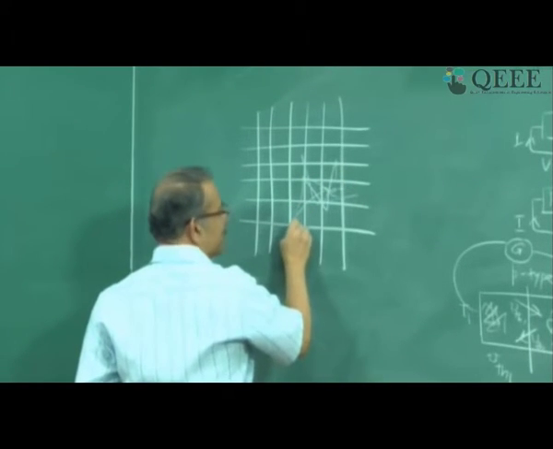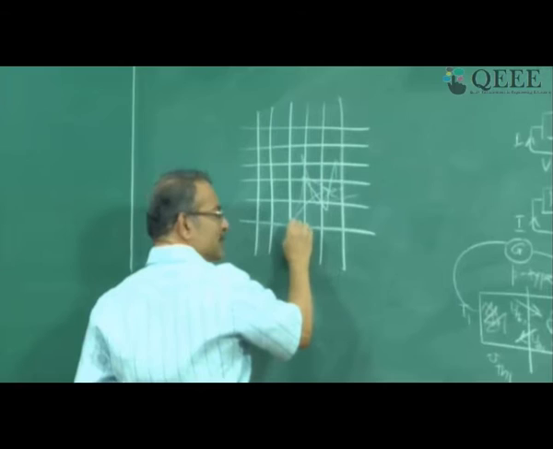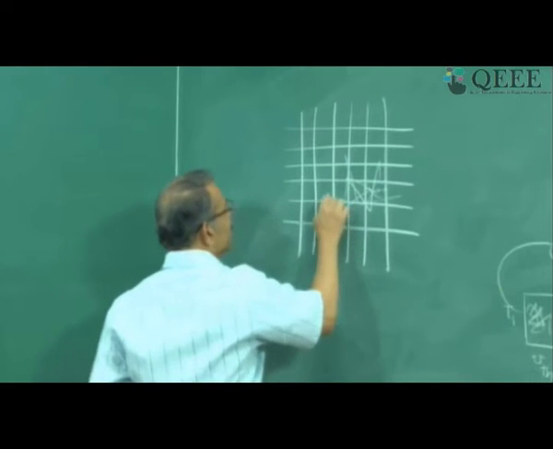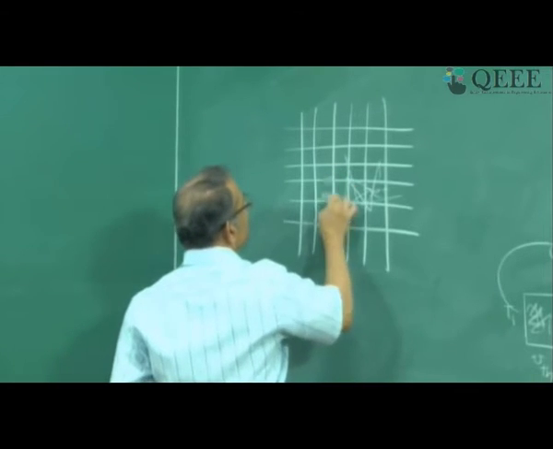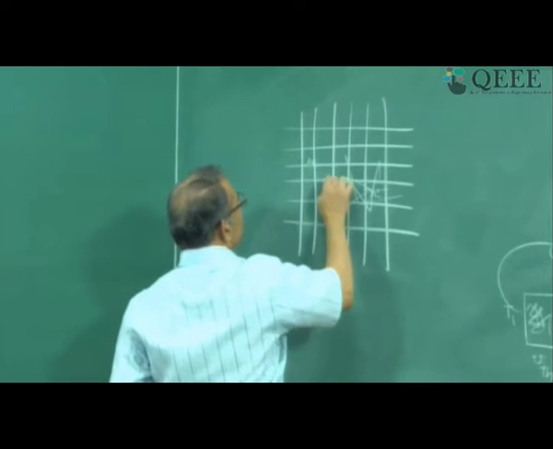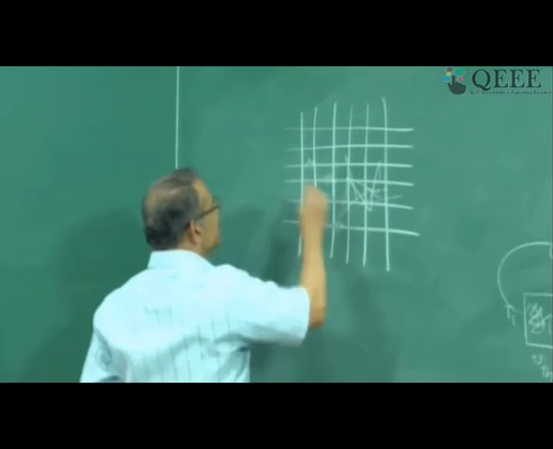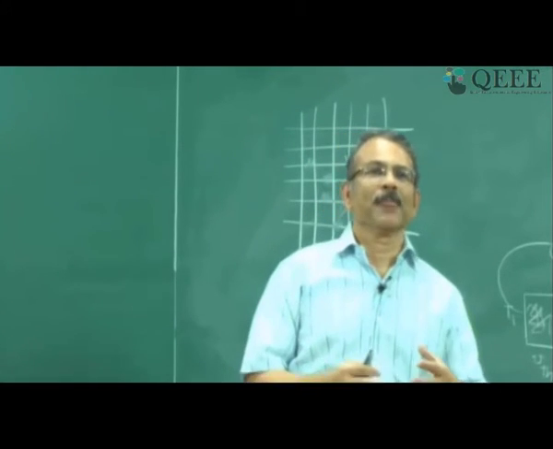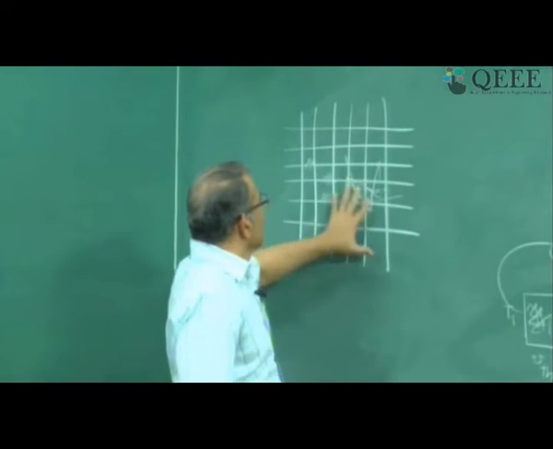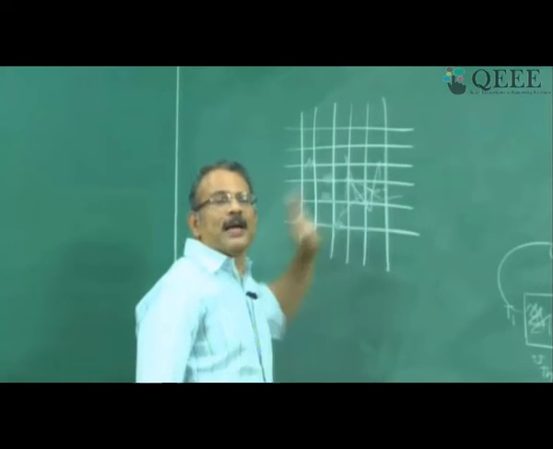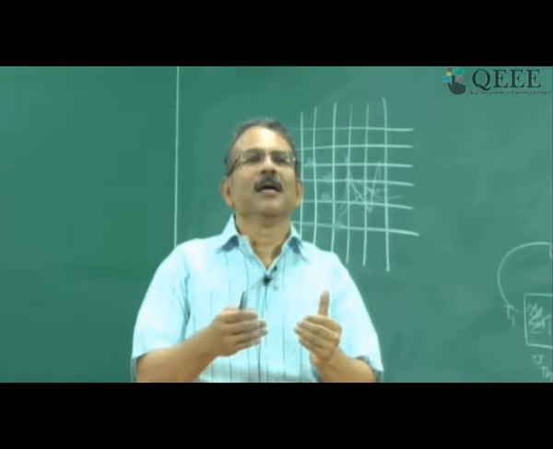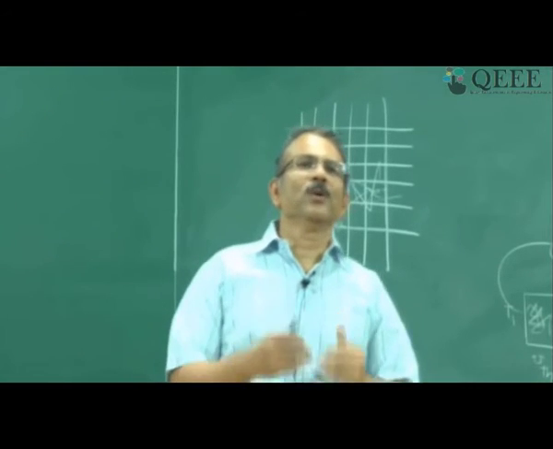Now what about the movement of this vacancy? This is the hole, how can it move? It can only move if another bonded electron gets into this place. So suppose this electron gets in here, then this will be established, so the vacancy has moved here. Then if this electron gets in here, it has moved here. Then if that electron gets in here, it has moved here. So the vacancy is moving via bonded electrons. Please remember this, the vacancy is moving via bonded electrons, whereas the free electron is free to move everywhere. Since the vacancy is moving via bonded electrons, its mobility is less as compared to the mobility of free electrons.